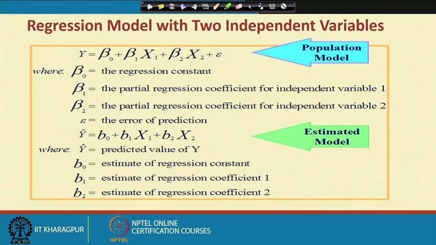For simplicity, let us start with two independent variables, because we have discussed regression modeling with respect to one independent variable in the previous lecture, and here we will just extend it by putting one more independent variable in the system, and we will see how the structure looks. Then by default we can extend the process to more variables, and slowly you can drop a variable if it is not important for the prediction. We will get to know the details at a later stage, but in the meantime,